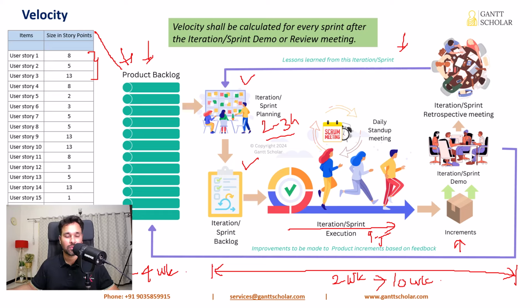There are so many names we use for this meeting, and this will happen on the last day of the sprint. The team members will demonstrate the work to the end users, the sponsor, the customer, the product owner, and seek their approval, acceptance. The product owner should give the final acceptance to declare these items are good and can be shipped to the customer or the end users. If the team members receive feedback from the stakeholders that the items are not up to the mark, need to be modified or improved or enhanced, then they will go back to the